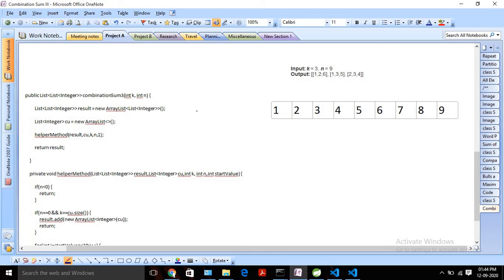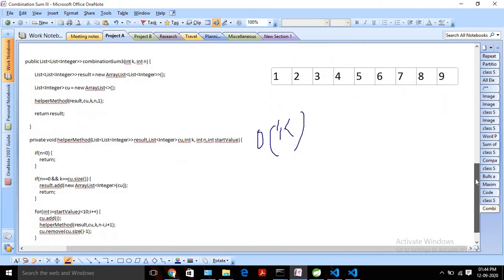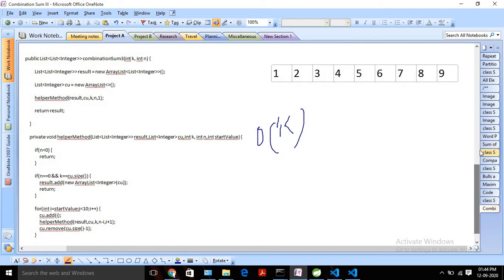So if you check the code, we can see that in the worst case scenario, the time complexity will be order of k, because we are not using any nested loop. So time complexity should be linear only, and in the worst case scenario, the time complexity should be order of k only, right? What about the space complexity? Again, our list size will be at max k only, right? So again, our space complexity should be order of k.